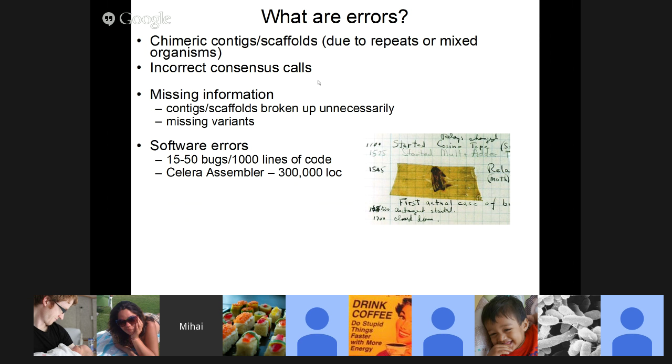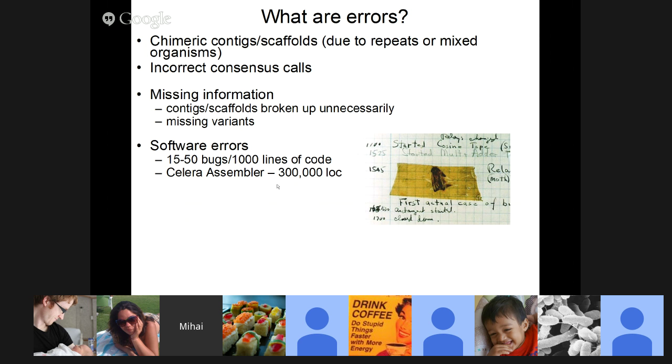But these two types of errors are inherent to the algorithms I'm using and the data I am provided with. The other part that's a little bit ignored nowadays in our community is the idea that software contains bugs. Software engineers believe a number of somewhere between 15 and 50 bugs per 1,000 lines of code. Your typical genome assembler has hundreds of thousands of lines of code, so you can imagine how many software bugs are introduced there. And this number of 15 to 50 bugs per 1,000 lines of code relates to the work of